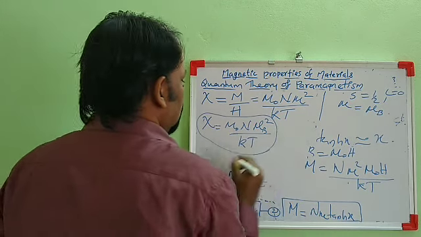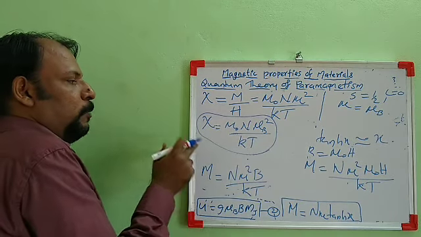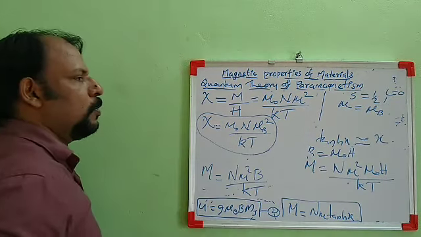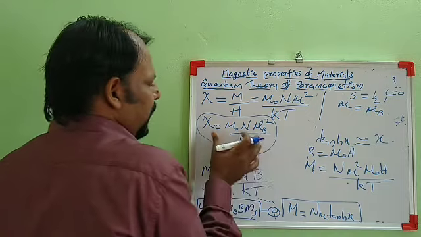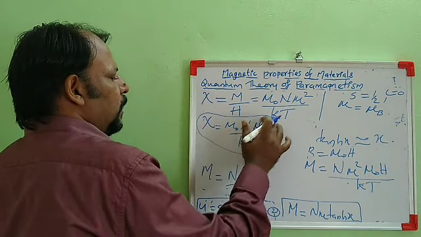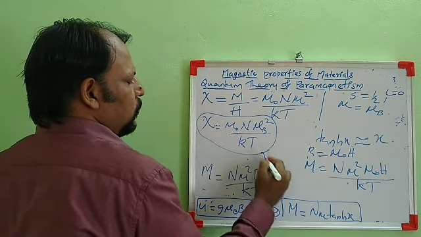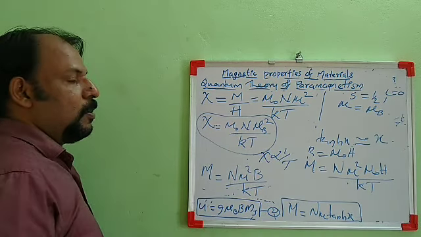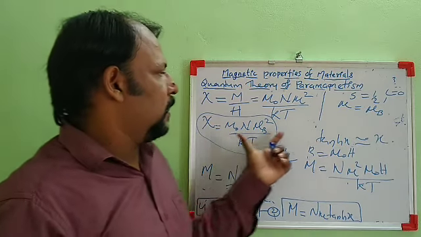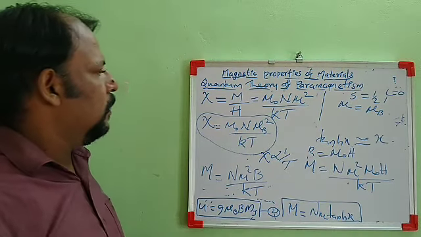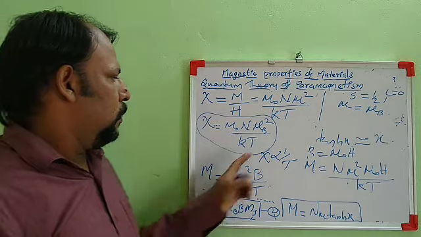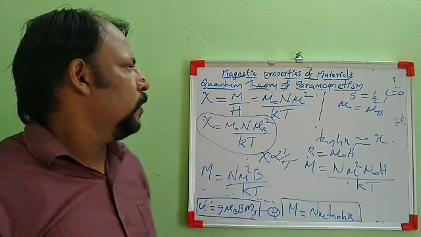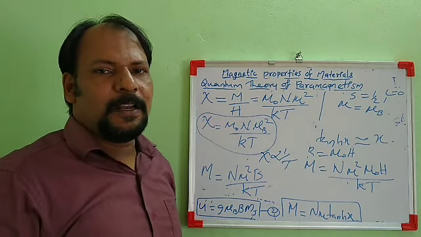So this is the expression for susceptibility, but here we are considering the S equal to 1 by 2 and L equal to 0 state. For that we get the equation chi equal to mu 0 N mu B square by kT, so susceptibility is inversely proportional to temperature. But this is not the general equation. It is a special case for S equal to 1 by 2 and L equal to 0. This equation is applicable only for this situation. Now we will do the expression in a general case.